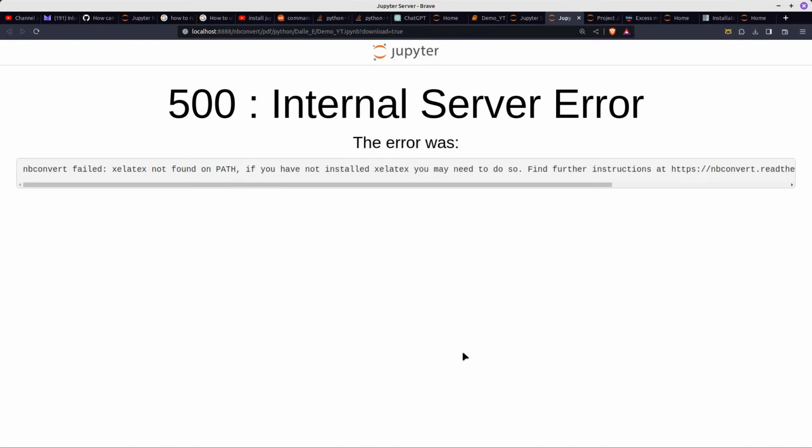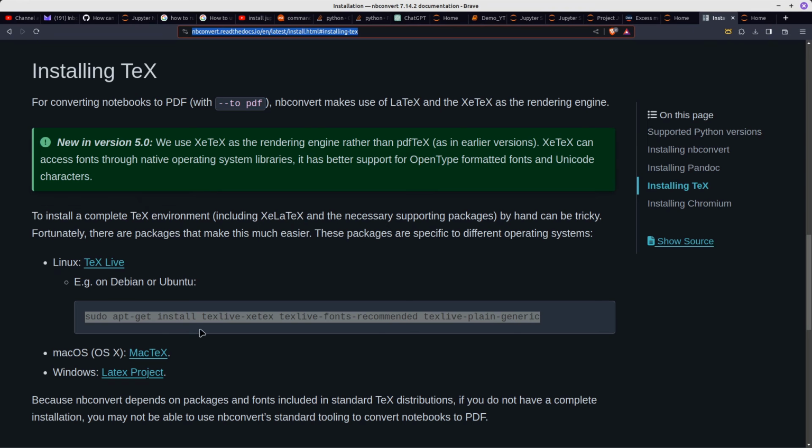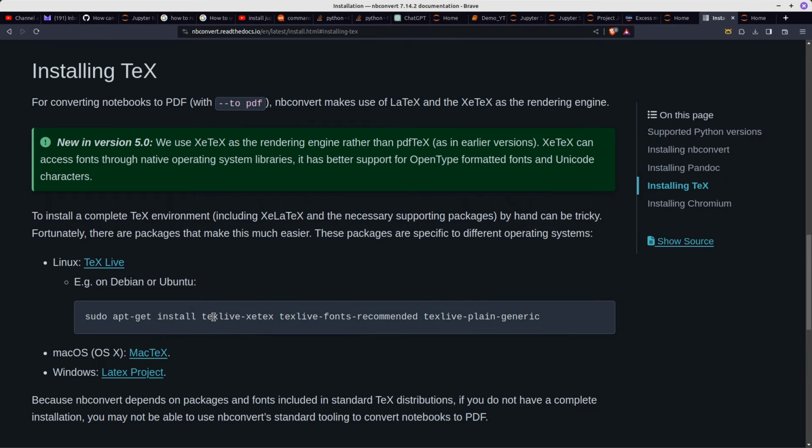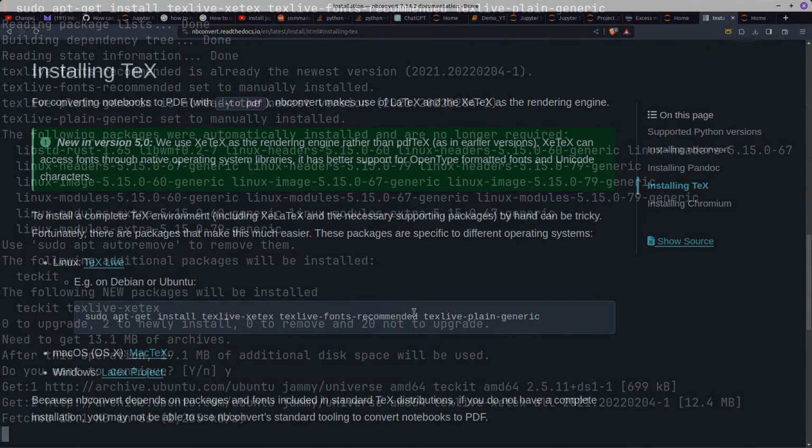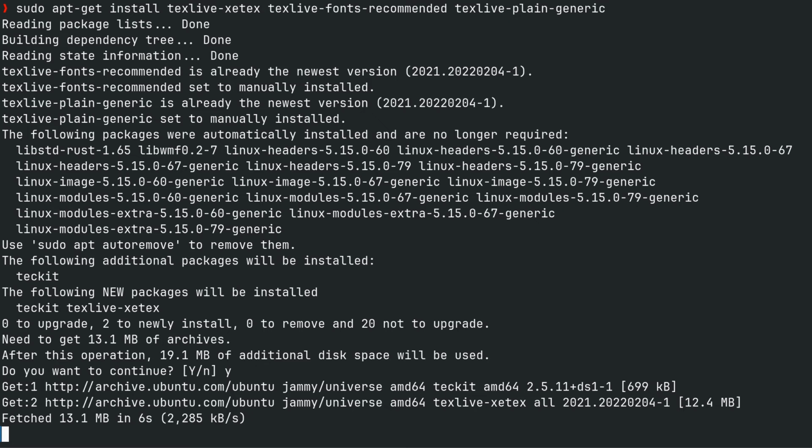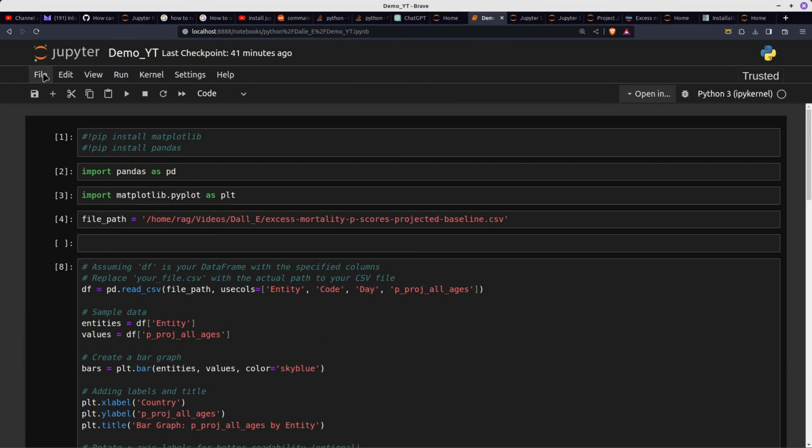One error you may get is 500 internal server error when you try to export to a PDF. You'll get an error message which says nbconvert failed, xelatex not found on path. You may need to install XeLaTeX. Follow the link: sudo apt-get install texlive, zlib, texlive-fonts-recommended, texlive-xetex, etc. And then once you've got something to export, go to File,